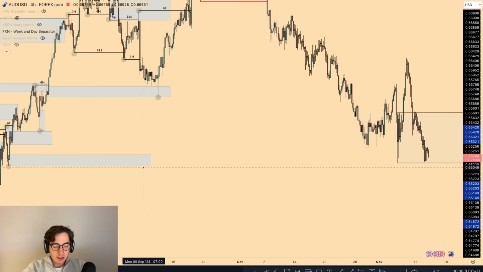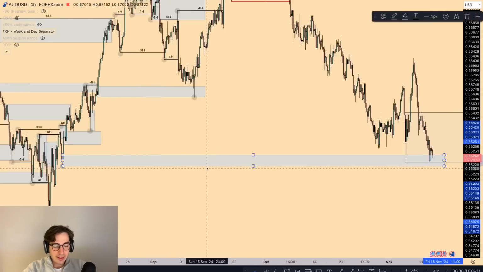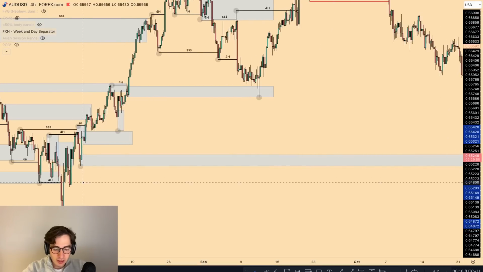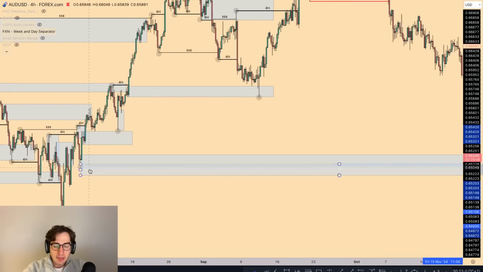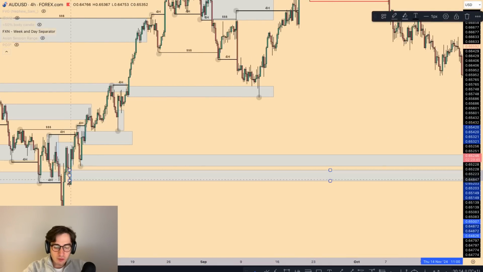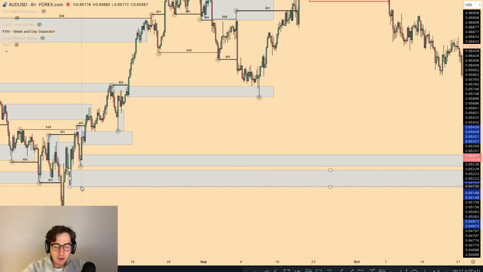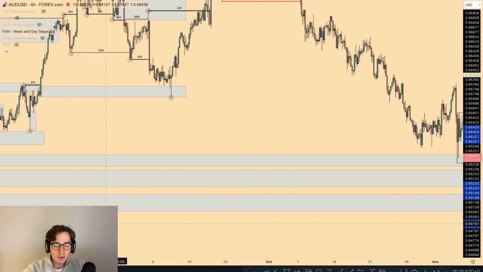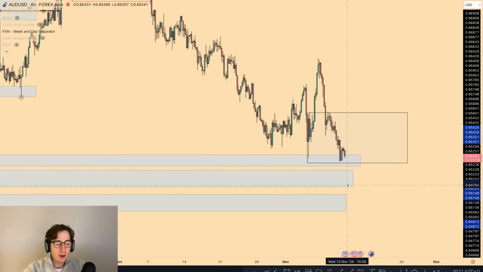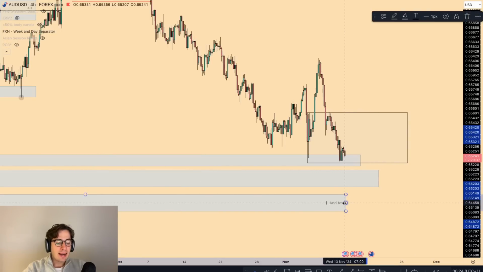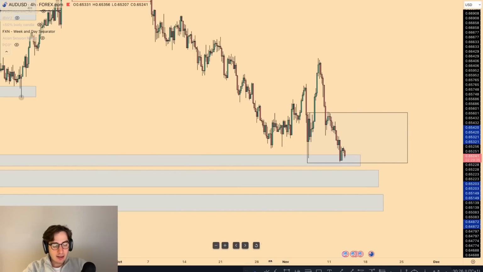Are there any targets that I'm keeping my eyes open for? Well, we had a previous area of demand over here, which is not fresh anymore. Now that becomes, let's say, this area of demand. We also have this area of demand as well here on the 4-hour time frame. So quite a few 4-hour areas of demand that should act as reaction points and can help us form a